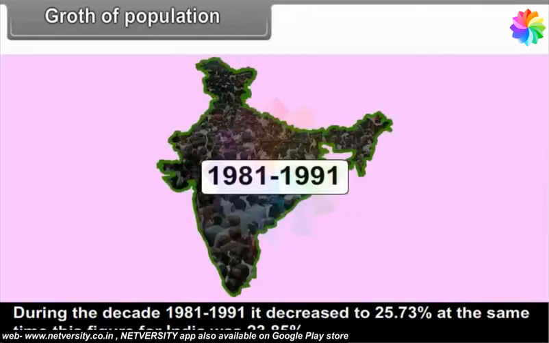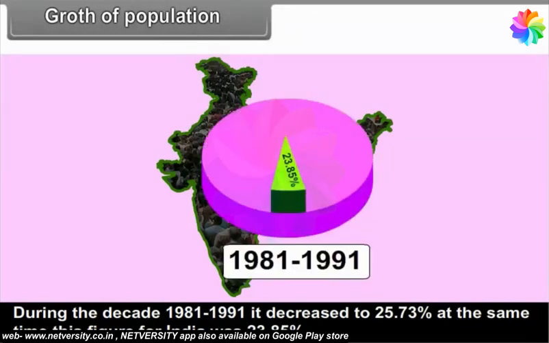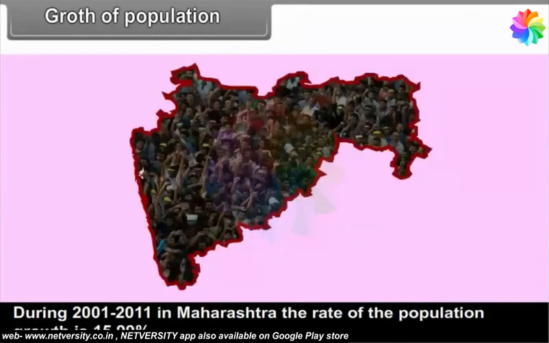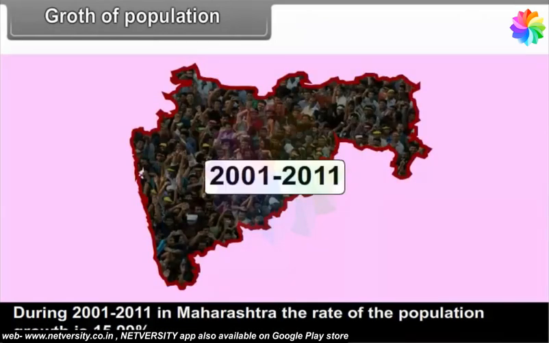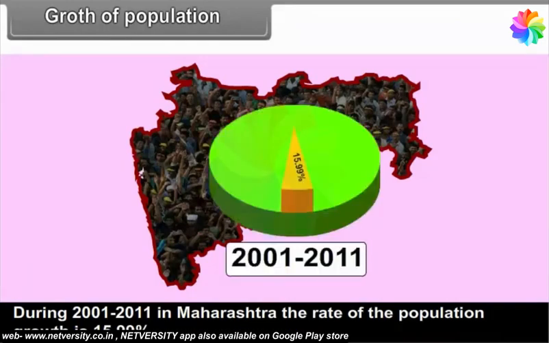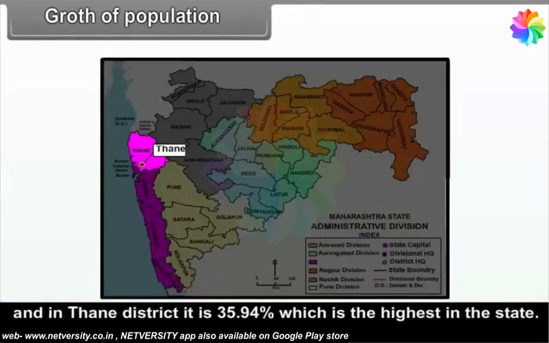At the same time, this figure for India was 23.85%. During 2001 and 2011, in Maharashtra, the rate of the population growth is 15.99%, and in Thane district, it